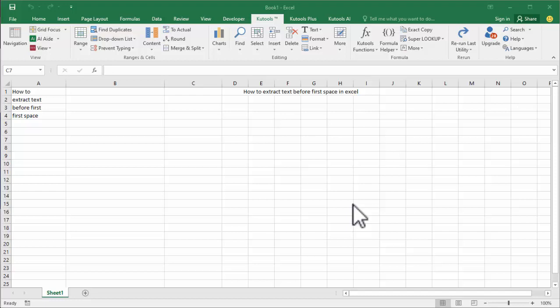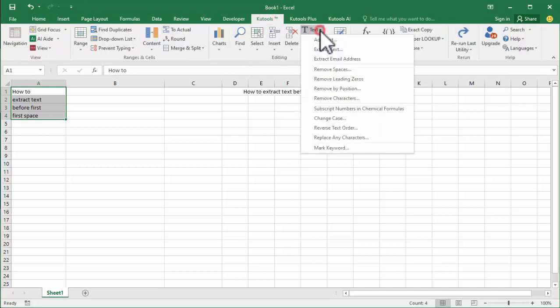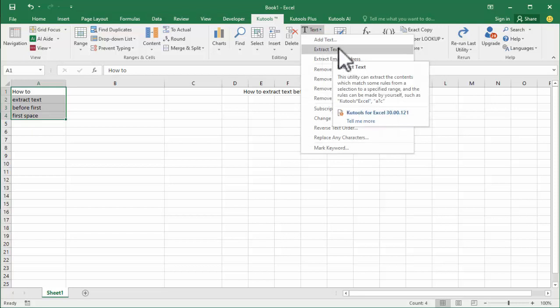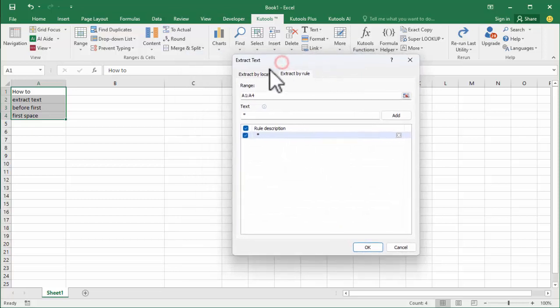In this video, how to extract text before first space in Excel. Okay, now select full text, single text or multiple text and go to the Tools tab. Select the Text drop down list. Now see this Extract Text. Then click here and